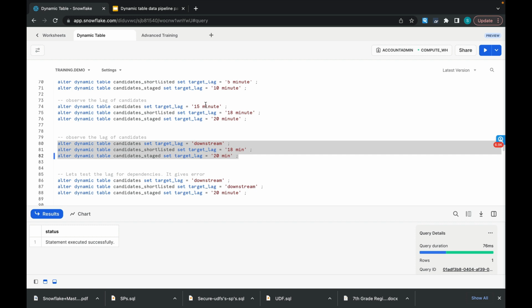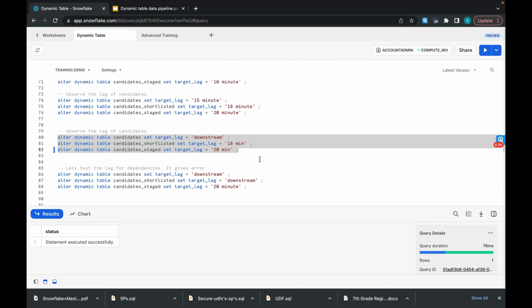So let's go back to the candidates table and observe its target lag. Earlier we have seen that it was 15 minutes, and this time we have set it up as downstream, but other two tables, candidates shortlisted and candidates staged, have 18 minutes and 20 minutes. And let's see what effect it has brought on the candidates. So let's go back here,